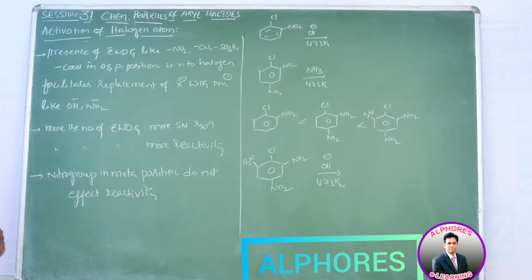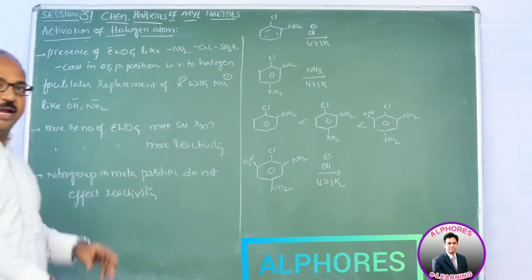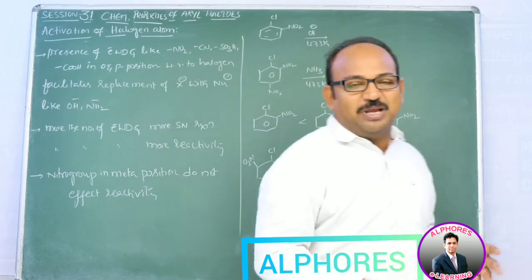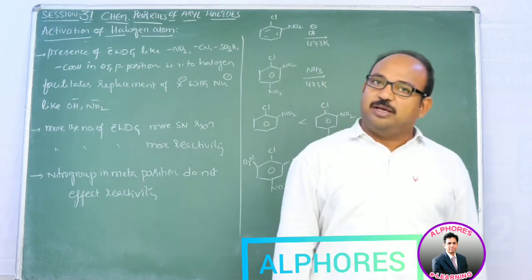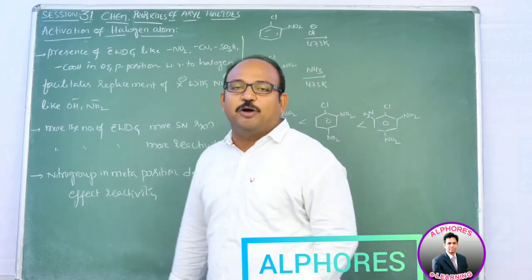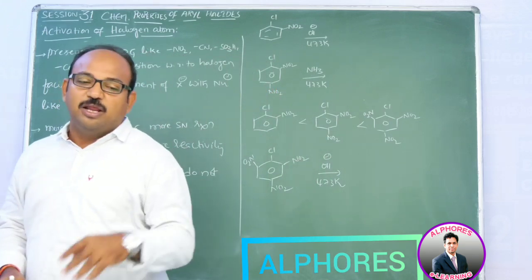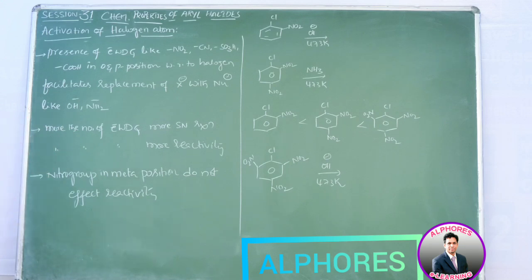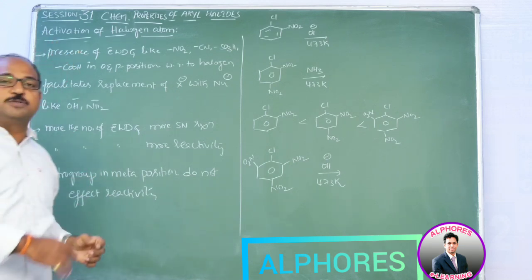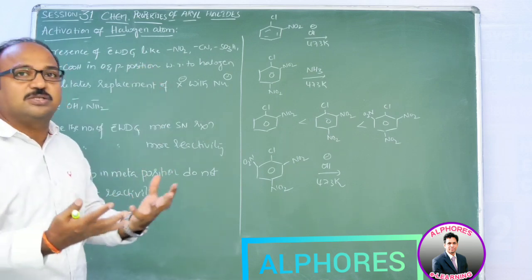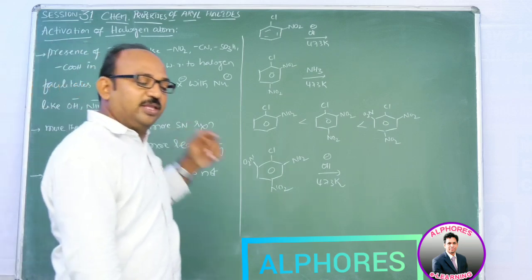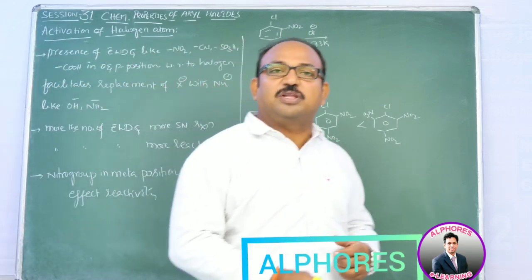So if we want to displace the halogen atom in aryl halides, we need to activate that halogen, meaning we need to stop the formation of C-X double bond character. For that, in order to prevent the formation of C-X double bond character, we need to introduce an electron withdrawing group. So what happens if electron withdrawing groups are there? Have a look here. Presence of electron withdrawing groups, like which groups? NO2 group. NO2 group is a strong minus M group. CN, SO3H, COOH, all these are strong electron withdrawing groups.